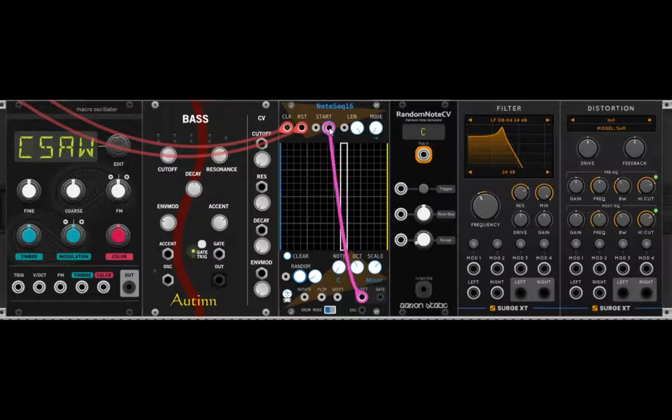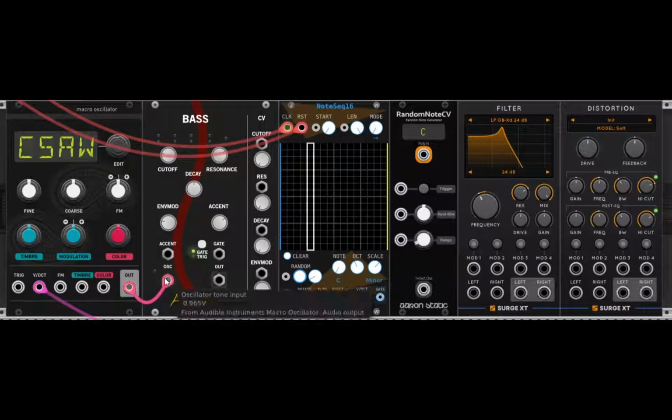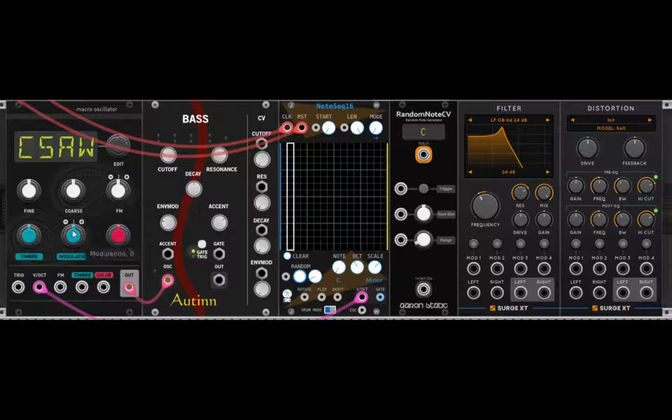It needs to know what keys, what do these things stand for, which notes you're actually hitting. So to do that, we're going to go into the volt per octave on here, and then we're going to feed the out into where this oscillator is. So this is actually creating the noise, the sound, and it's going into this. I'm going to just call it a filter, man, because that's basically what's going on